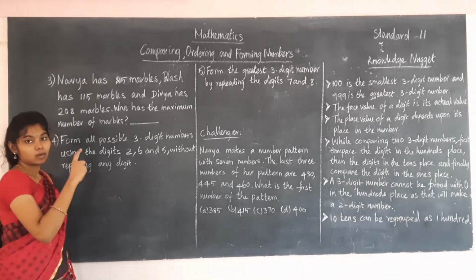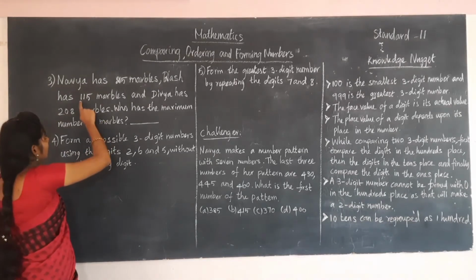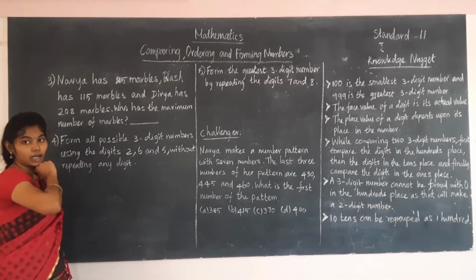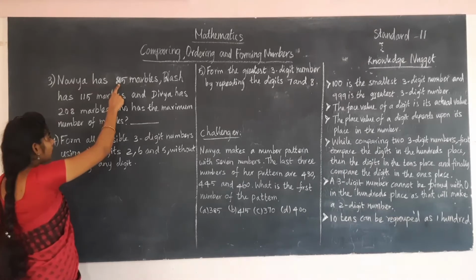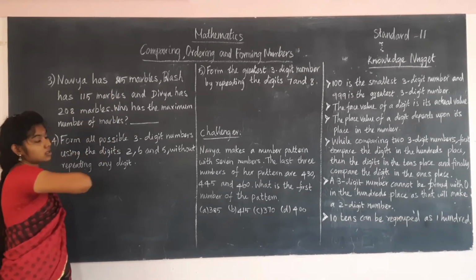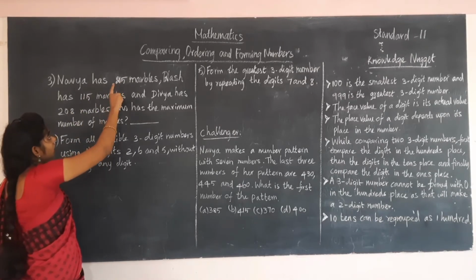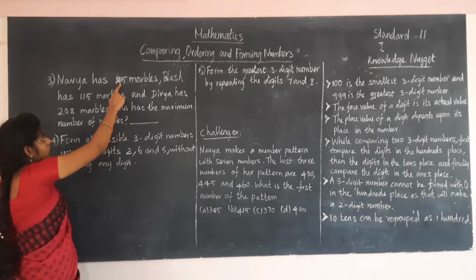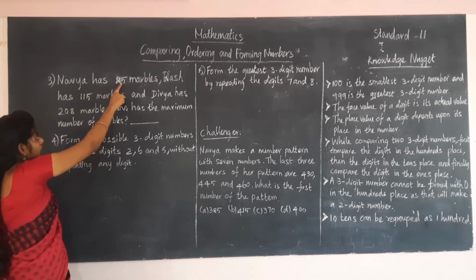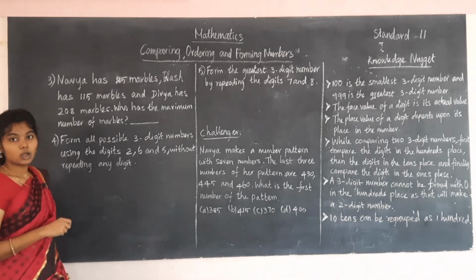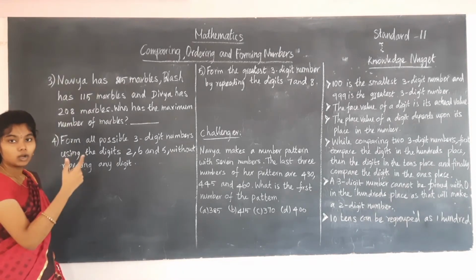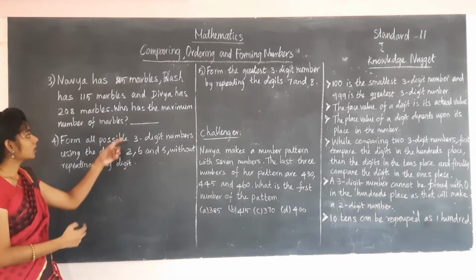So see to the maximum, greatest number. Comparing number 1, 2, the greatest number is 2. So we have to compare these two numbers around, we can leave this. So how will you compare that number? Next to hundreds place, it's tens. So see the tens place number. Here there is 1 in the tens and here 0 in the tens. So which one is greater? 1 or 0. So find that and give the answer.